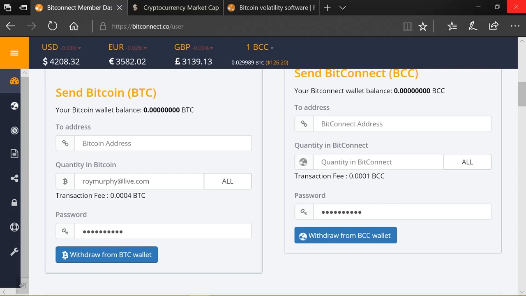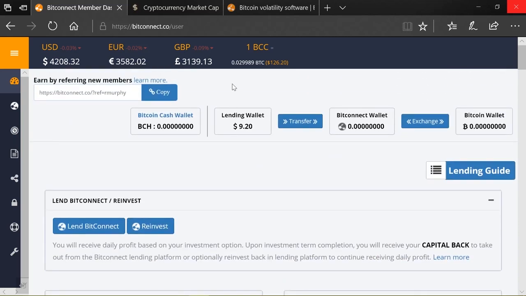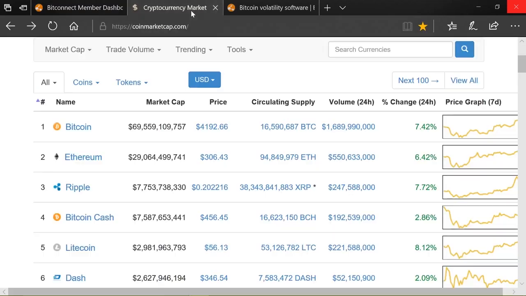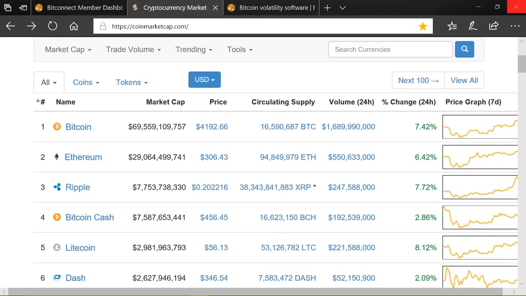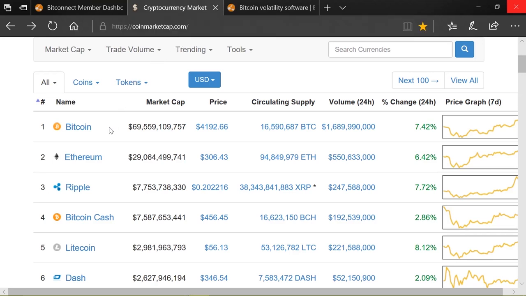So where would you find a Bitcoin address? Now I'll tell you where I use mine, but the best way to look is to look at a place called coinmarketcap.com. So what is a market cap? A market cap is the market capitalization of cryptocurrency. So the daddy of them all, the king of the crypto market, is the one we've all heard of, and it's the number one for many reasons. It is Bitcoin. So Bitcoin is number one.